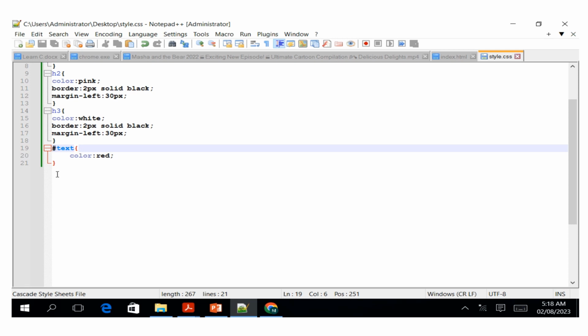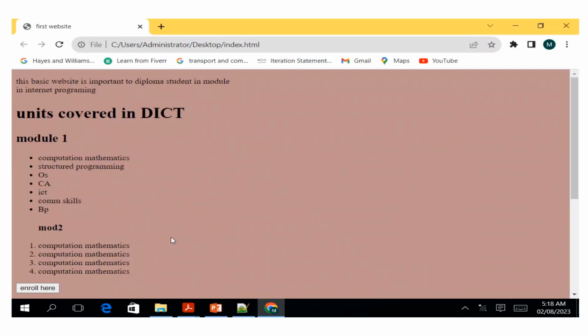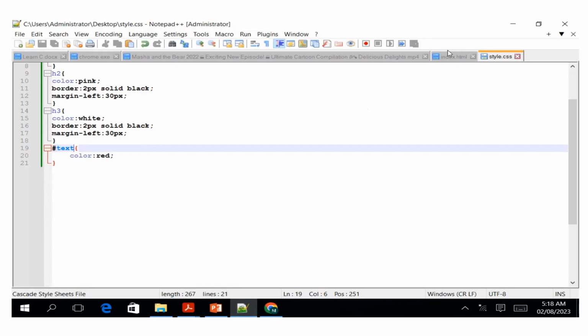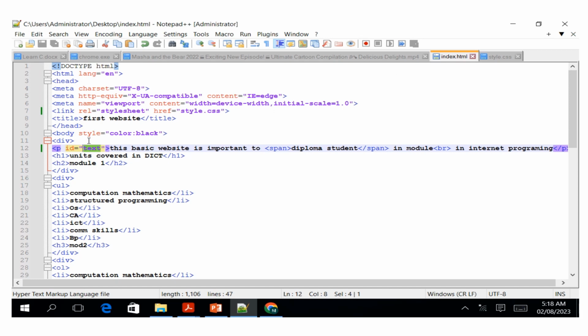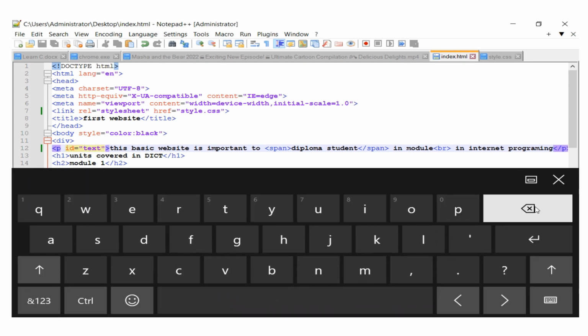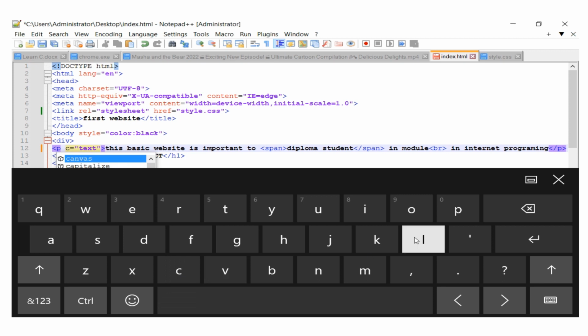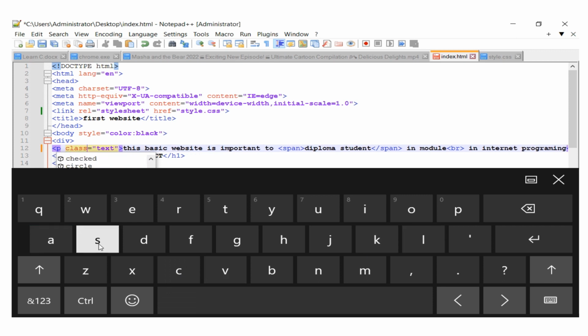the ID. What if I wanted to select by class? Let us select by class. We see if it is going to work on our side. So let us create this class. We give it a class here, and this class is equal to that. If that is equal to class, we can